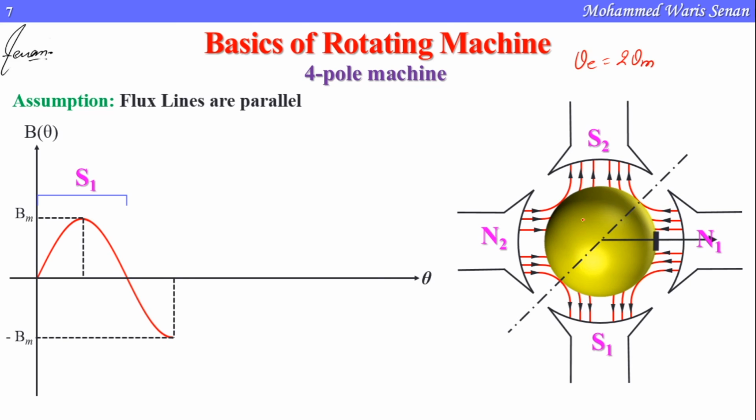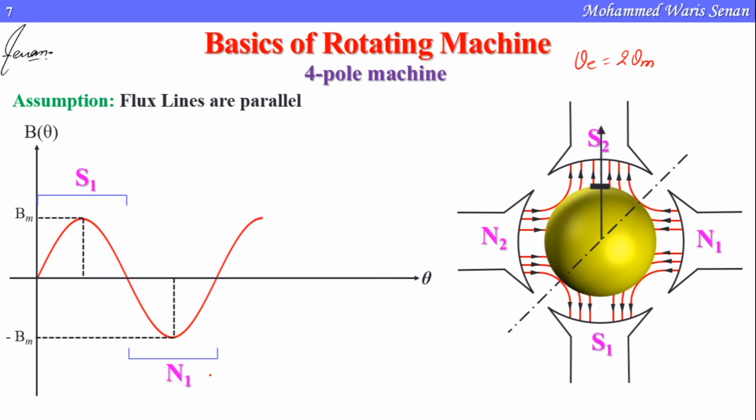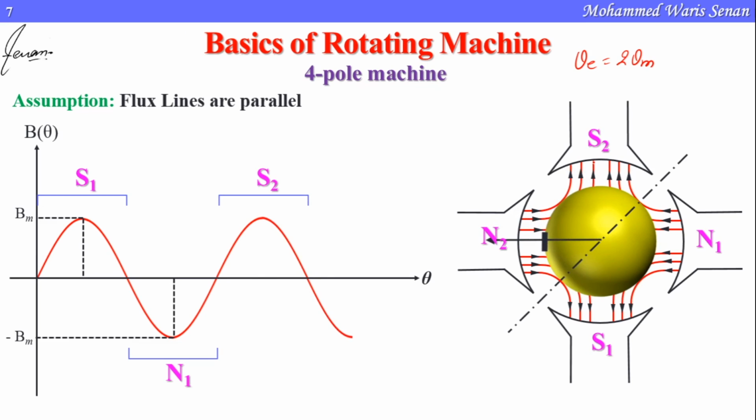Let us move forward fast and rotate the rotor by an angle of 360 degrees, step by step. 45 degrees again, this is under the influence of north pole N1. Again 45 degrees, it will be the maximum value. Now here it will be 0, and now under the south pole S2 and then N2, and now from here you can see the rotation angle is 360 degrees.